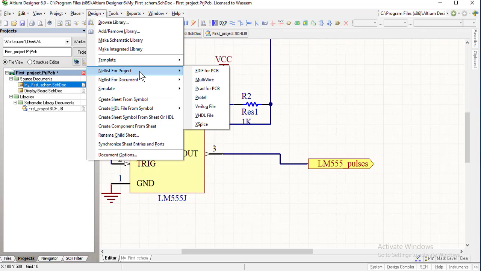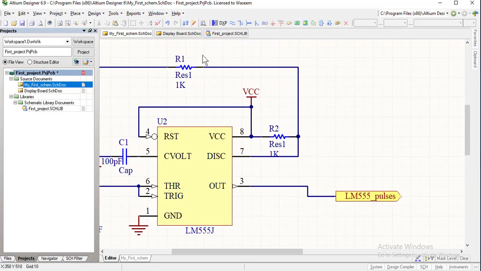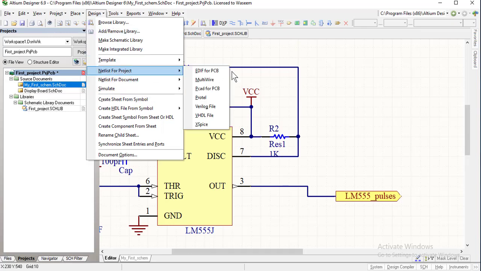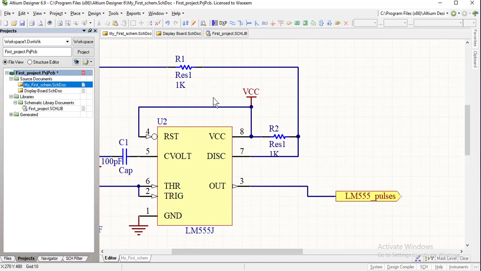It is very important that we select netlist for project, not netlist for document. If we select netlist for document, the netlist will be created only for this schematic document and not the display board. So we are interested in creating the netlist for the project.